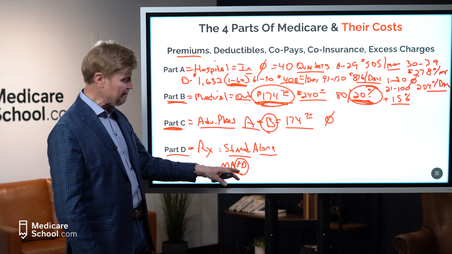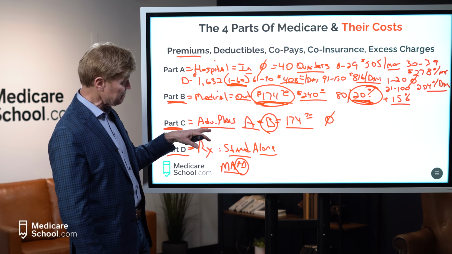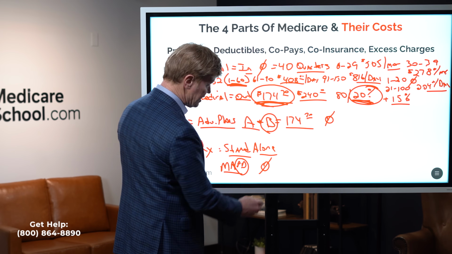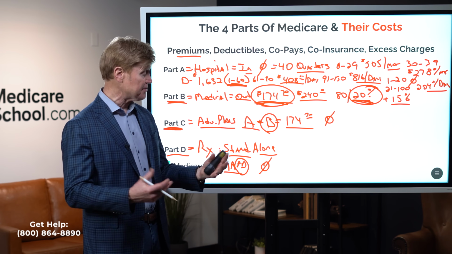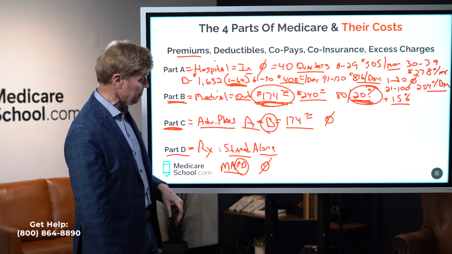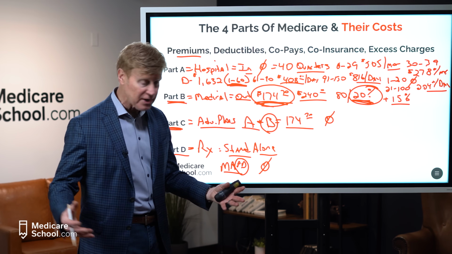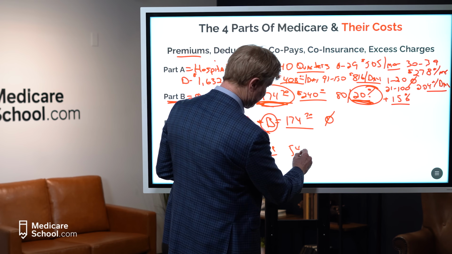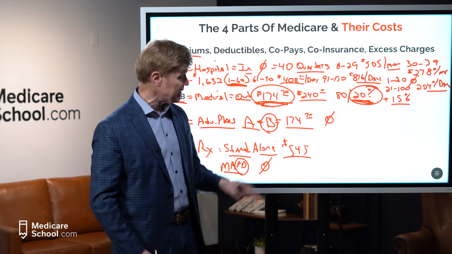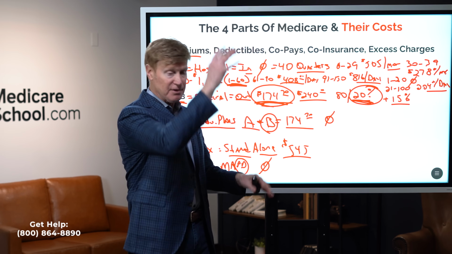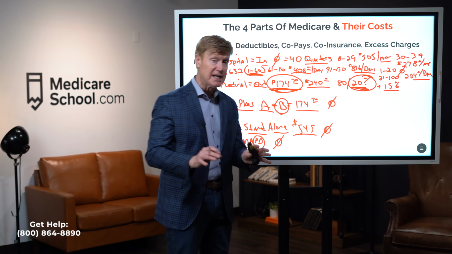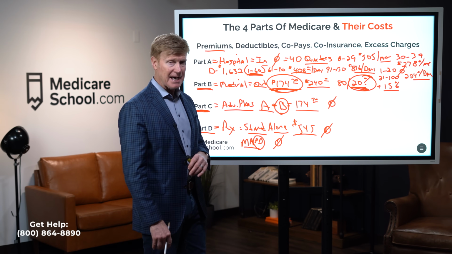Now over here, what happens when the Advantage plan, remember the C plan, includes a prescription drug plan, then they're not usually going to charge anything for that integrated prescription drug plan. They pick it out and hopefully it'll work for you. All right, so we have premiums. Now we have deductibles. Medicare sets a deductible on the Part D plans. This year, 2024, it's $545. The majority of plans do charge that deductible. Some could reduce it. They can't be above it, but they can reduce it. And some even will go down to zero. All right, but my point is, if you have a deductible, that's going to be an out-of-pocket expense.